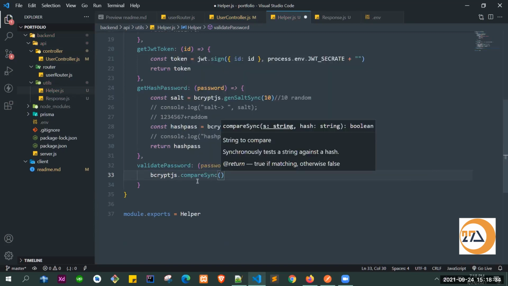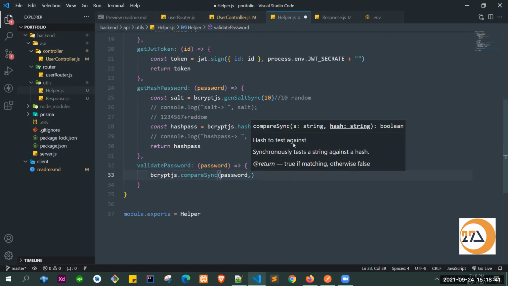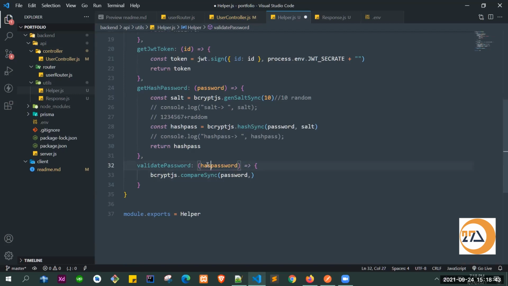After that, we will pass our password, the clean password, 123456 let's say, and along with this the hash. Sorry, this is actually our hash password. No, sorry, this is our password. Yeah, so this is our actual password, and we will pass the hash password also from here. And the hash password we will get from our database.